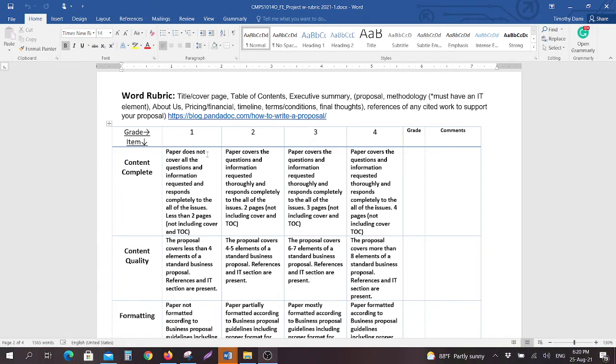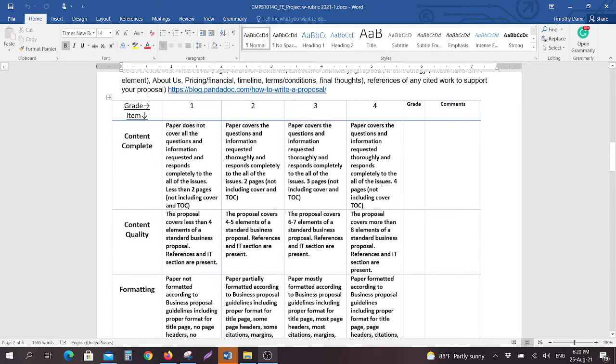The references. You need to have references as well, which I'll discuss the number of shortly in the rubric itself, to support anything that didn't come out of your head, right? You can look at this website that's provided here as well on how to write a proposal to come up with some different examples. But I want to discuss the rubric in this video and go through this section here